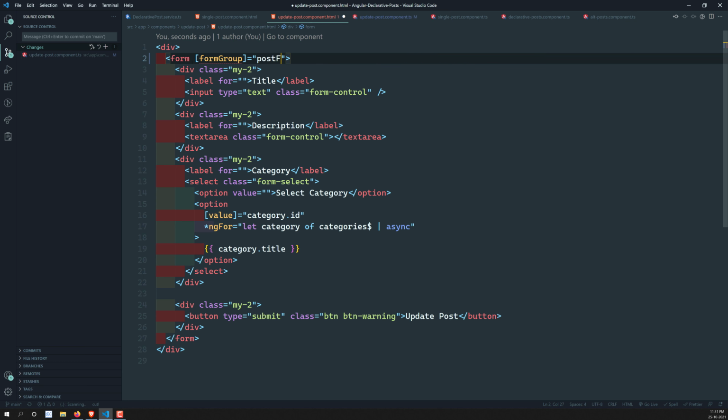So here, post form, now we will have the form control name. Let's take that form control name.